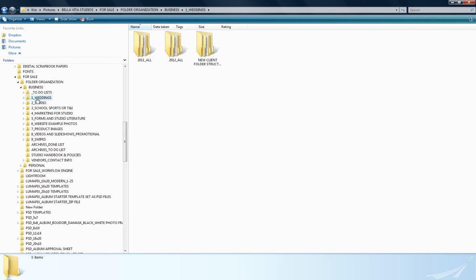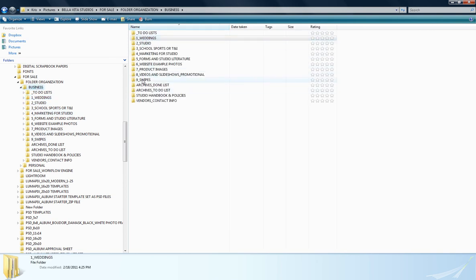So then we have weddings, and you'll notice that I have the 9 most common folders that I would use listed out here, so I don't have to search through them in alphabetical order. They always would stay at the top, so anything else that I would ever add to this folder is not going to keep me from finding my weddings, my studio work, my school, sports, or T&I work, my marketing materials